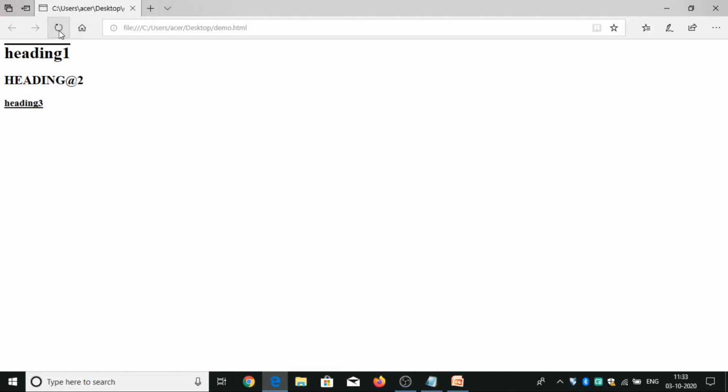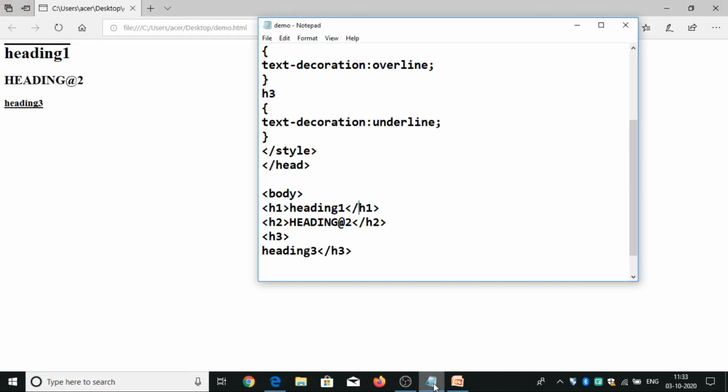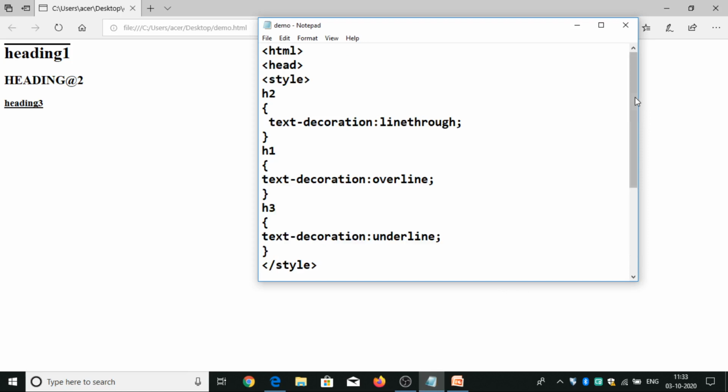The output of text decoration is like this. H1 with the value overline, H2 with the line-through, H3 with the underline.